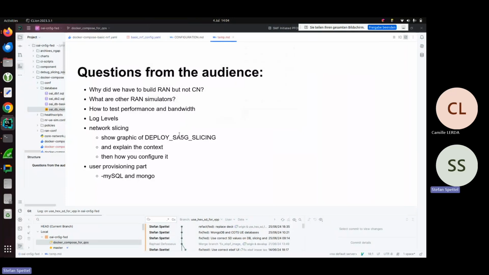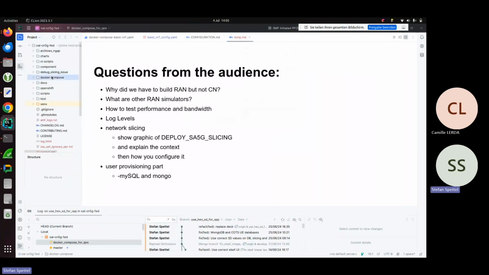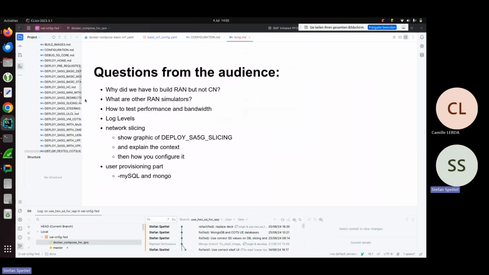There is one feature where I really don't have time at the moment to show you, and that is quality of service, but we're actually about to release QoS. So in a one or two months time frame, we will have a new release of the core network, and there we will actually have quality of service support. And there will also be in this docs folder, there will also be